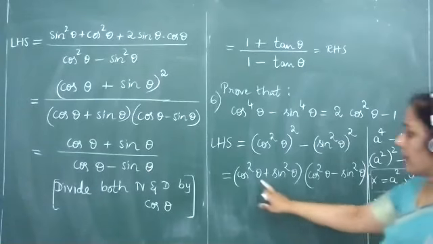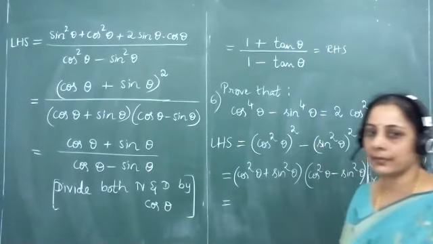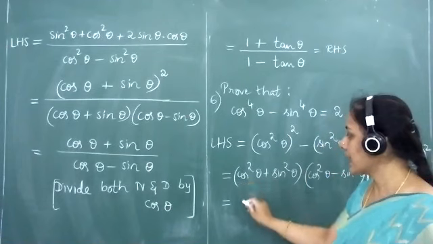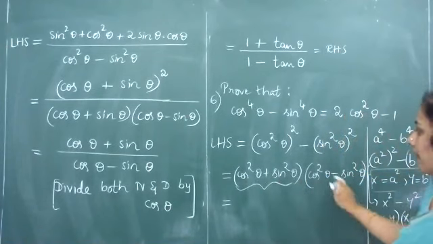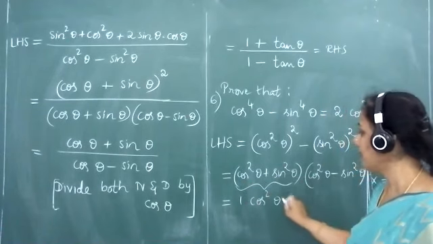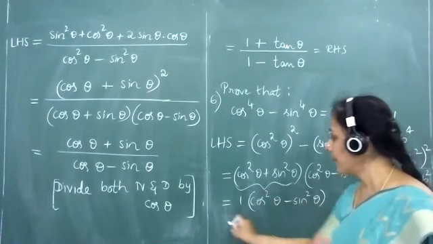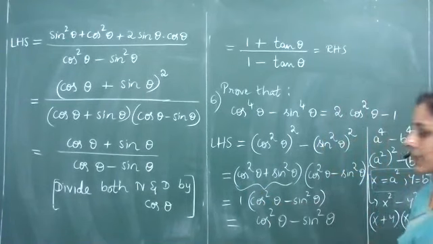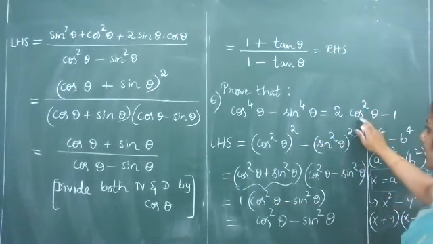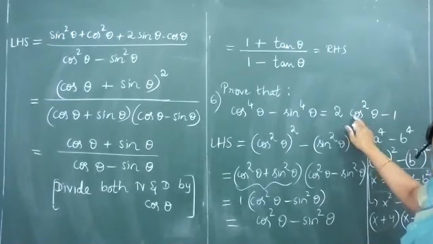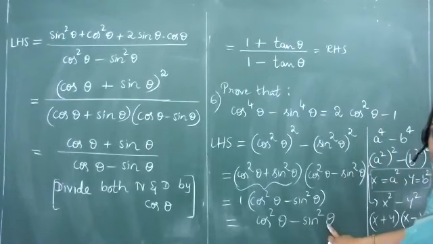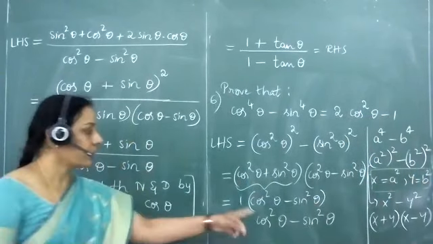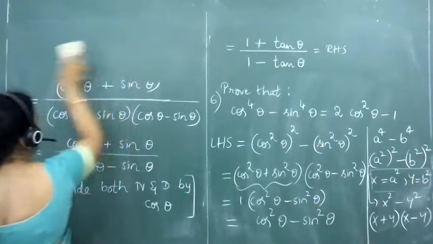Cos squared theta plus sin squared theta, using the first trigonometric identity, gets replaced as equal to 1. So if this is equal to 1, then I have 1 multiplied with cos squared theta minus sin squared theta, which remains the same. That means cos squared theta minus sin squared theta. But that is not the result which is needed. We don't want a sin squared term here in the RHS. Instead, we need a constant called 1. So, we have to eliminate that sin squared term from the RHS.